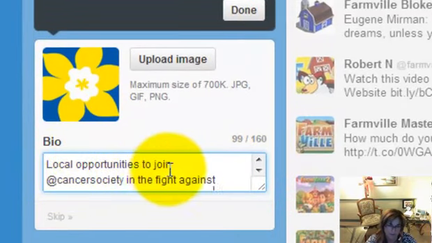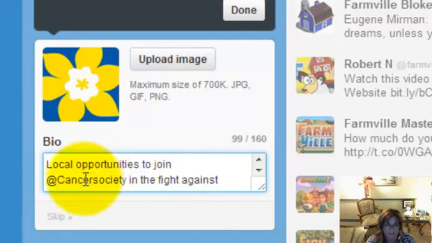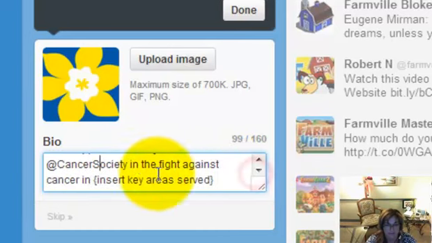So let's see what it says. Local opportunities to join at Cancer Society. It's not cap sensitive, but I like putting in a capital S to distinguish the fact that the word society starts there. So I like capital C, capital S, just because I think it looks better. In the fight against cancer, and insert area